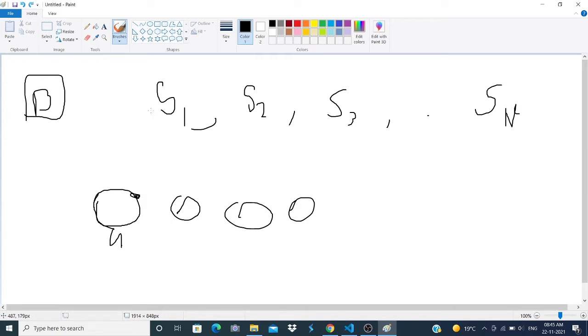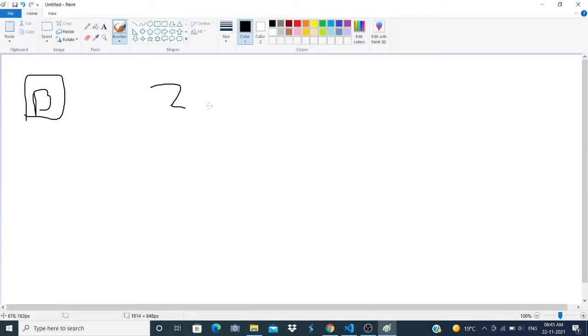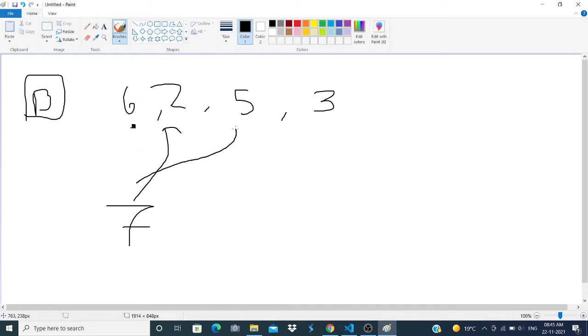So as an example, let's say we have the shoe sizes 2, 5, 6 and 3, and let's say there comes a guest with a slipper size of 7. It will start searching from the beginning, and 6 is lesser than 7, so this guest will simply skip this slipper. Then it goes to 2, 2 is also lesser, 5 is also lesser, 3 is also lesser, so this guest will not be able to pick up any slipper.